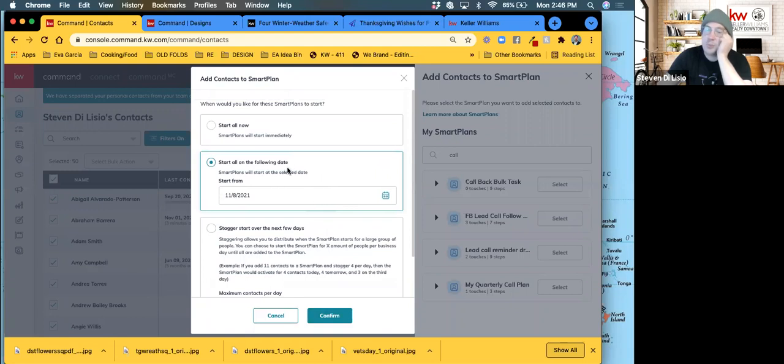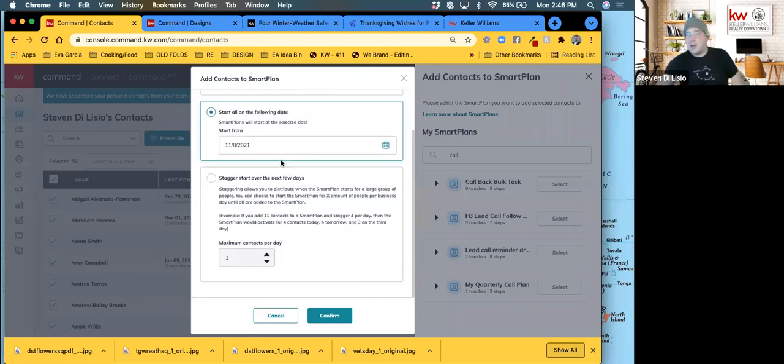That is such an important step for people to understand how to use that quarterly call plan. Because once you set it up like this and do it once, you don't ever have to do it again for those clients. It runs indefinitely every 90 days, reminding you to call them. So you don't have to worry about redoing this in a year. You just have to worry about putting people on it every time you get a new person into the database,